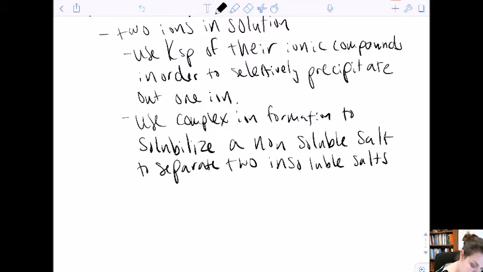So for instance, we had two hydroxides. Hydroxides are generally insoluble,